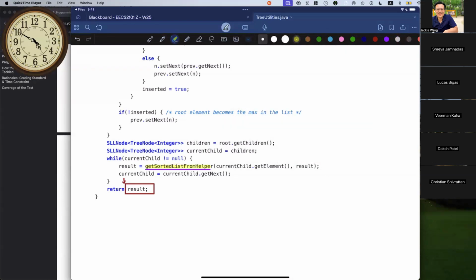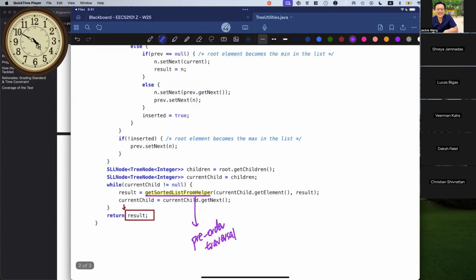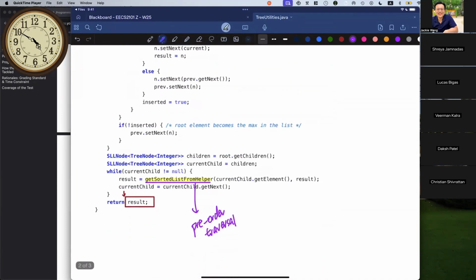Okay, so I just want to remind you over here. So here, this is basically the pre-order traversal. Why is that pre-order traversal? Because this part over here is really about the children part for the pre-order. Remember, for pre-order traversal, we get to visit the parent first, and then we visit every child node of that particular parent, right? So this will be the pre-order traversal, but it's more for the children part,